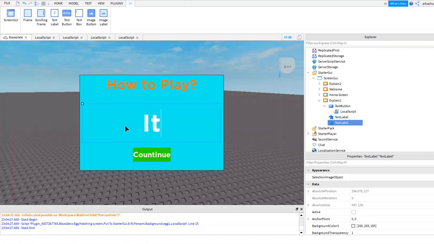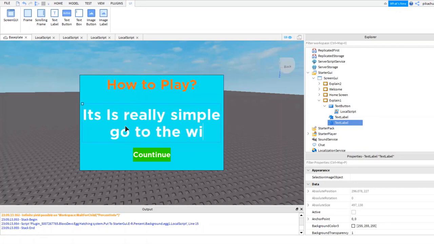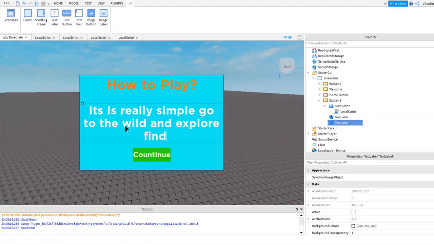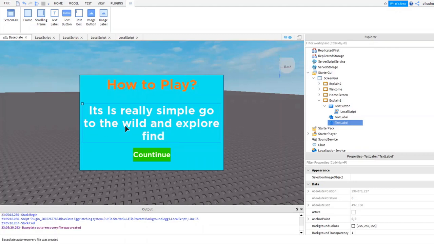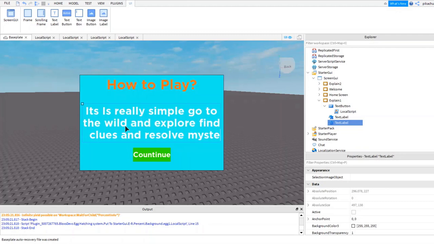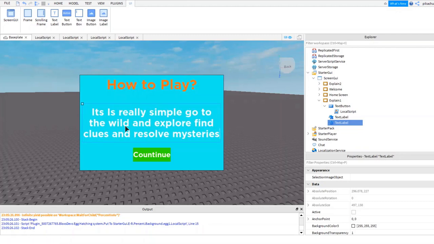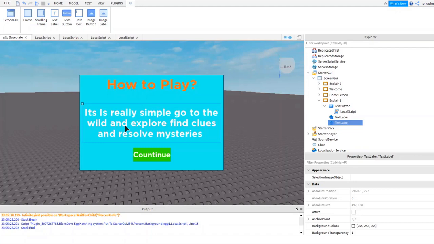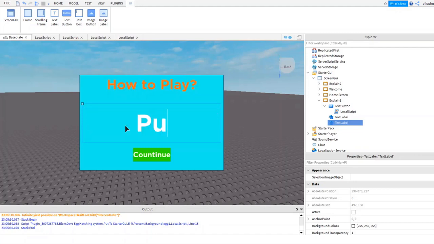And here we're going to put some explanation, and it's really simple. Go to the wild and explore, find clues and resolve mysteries. Whatever your game is about, actually let me get rid of that and put how to play here.